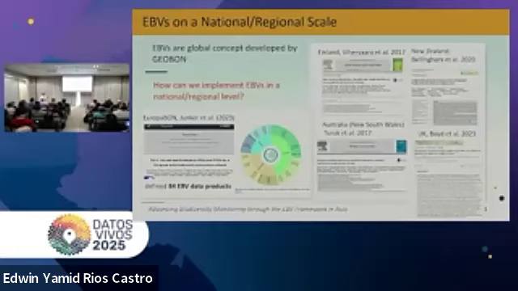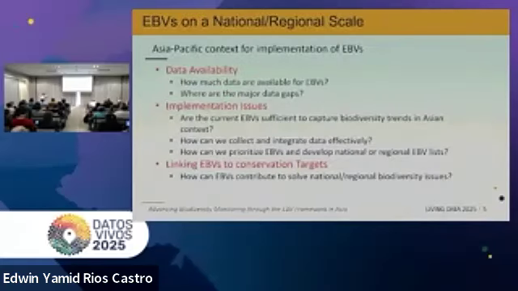At the national scale, research groups in several countries such as Finland, New Zealand, Australia, and the UK have reviewed their biodiversity data and methodologies to implement EBVs within their national context. These teams have examined existing data sets and established operational frameworks that effectively apply EBVs in biodiversity monitoring, analysis, and modeling. Then how about the AP region? I believe there are still many challenges in implementing EBVs across this region.